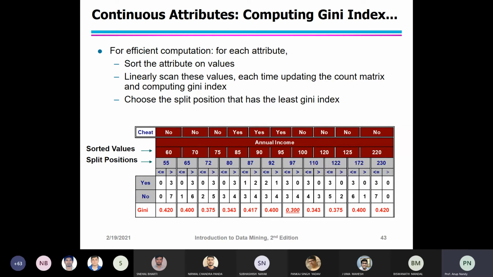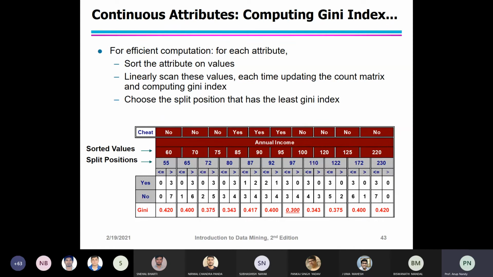How many people belong to the Yes class and the No class, provided the condition is salary less than 65K? You just fill them all up, then you compute the Gini index.